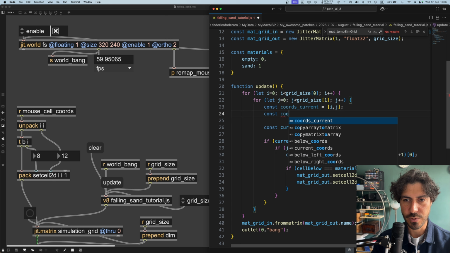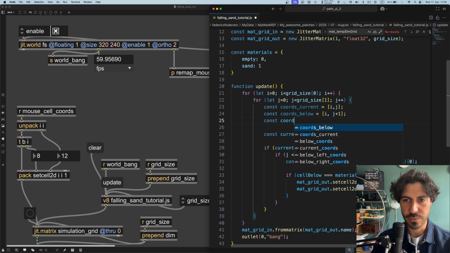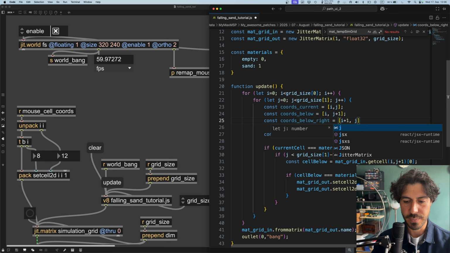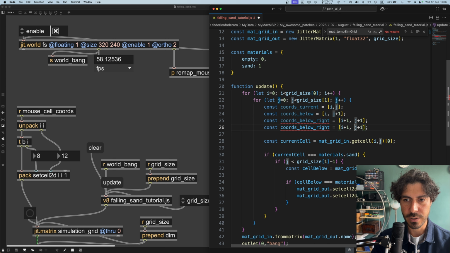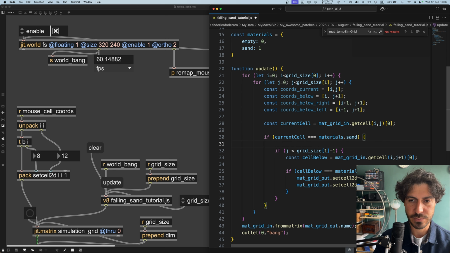Then we got coords below. That's going to be I and J plus 1. Then we got coords below right. That's going to be I plus 1, J plus 1. And then we got below left. And we're simply going to be I minus 1. So if J is less than grid size minus 1, so if we are not on the last row,